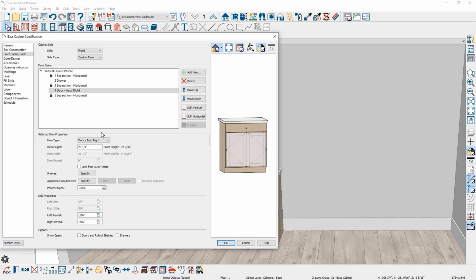To modify any of the cabinet's face items, click on that face item in the preview panel. Then over in the selected item properties is the item type drop-down. You can choose from a variety of different face items. Currently this is an auto right door. You could change this to a door right and force it to be a much wider door if the cabinet